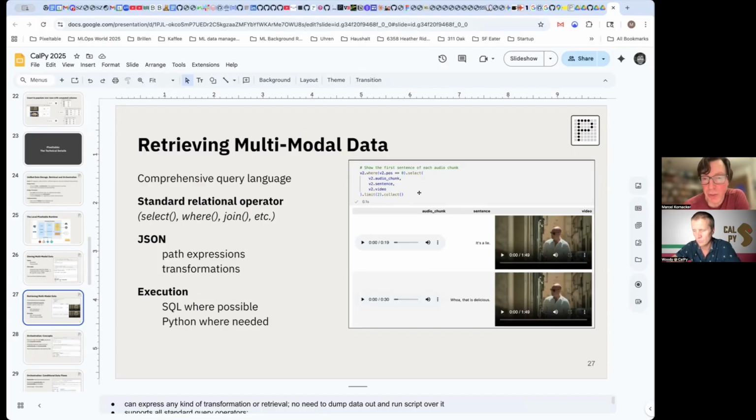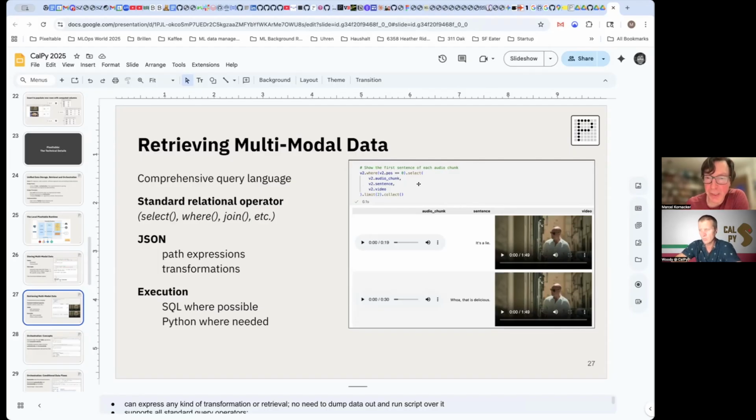So it will translate this selection predicate, which we'll look at in more detail later, into SQL and run that directly and get the underlying structured data. And then it'll augment that with whatever is needed for making that available in Python. So that in particular means that if you have image data and you query it in that way, you get it back as a PIL image, an in-memory PIL image.